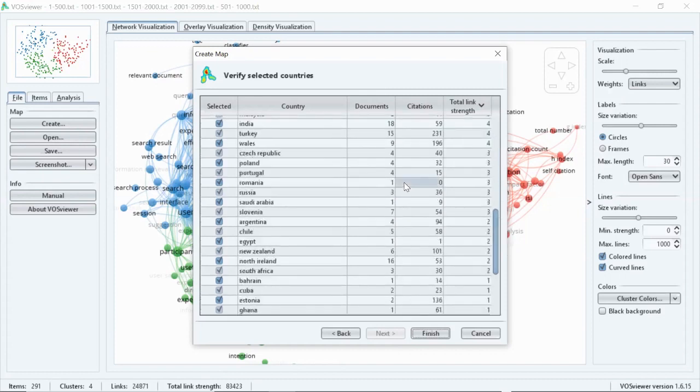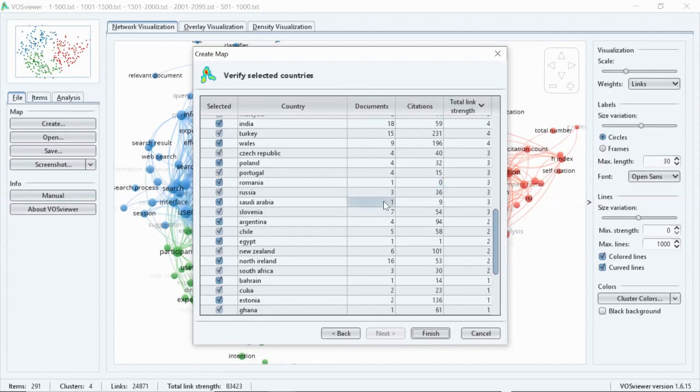When you understand the pattern, this is called mining. We do data mining actually. So Romania has 0 citations, for example, but it has only 1 publication. They didn't receive any citations, so that is not bad actually. Only 1 publication. If it were more than 10 to 15 publications and it doesn't receive citations, we can say that the publications are not up to the standards, or they may be outdated or something.